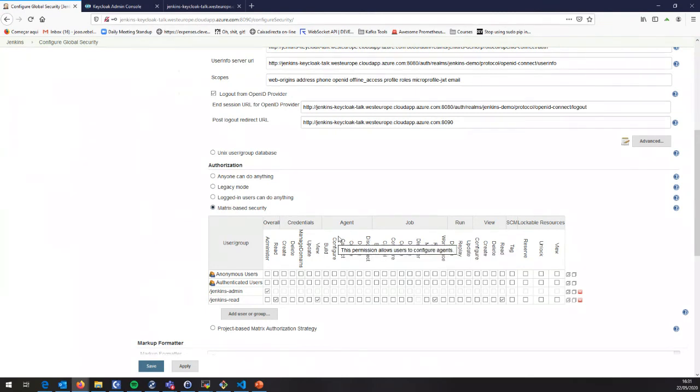There are some plugins that improve on this. For example, what I can currently do is personalize what pipelines a user can see or not. By default, they'll have access to everything or nothing at all. There are a few plugins that help with that, but for this simple instance, this is the way to do it. You add a user here that will come from the Keycloak